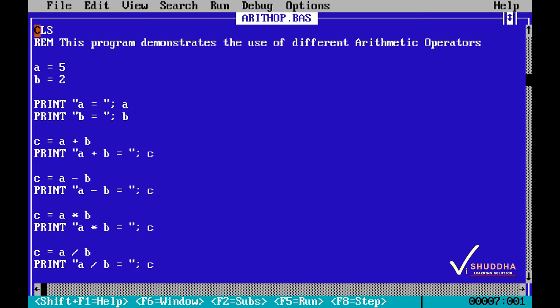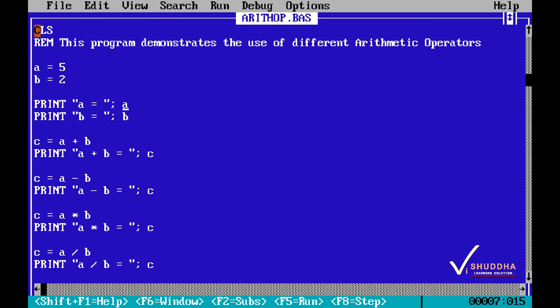Then we are printing the values with the help of print statement. If you want to print exact data, you write it in double quotation marks. So I have written double quotation marks open, then A space equal to symbol, then again space, and then double quotation marks. After that we have a semicolon, which means that first piece of information to be printed is over and the next is the variable A. The things written in double quotation marks will be printed as they are, and when you have the names of the variables, the values of those variables will be printed out.